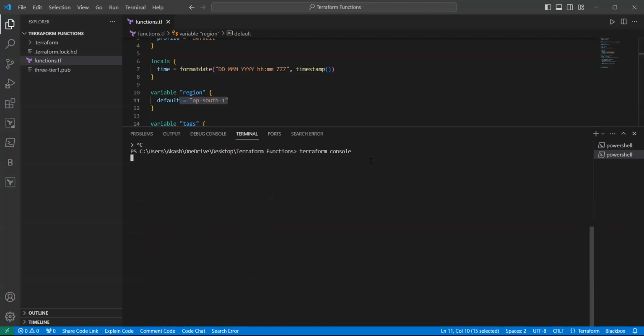Just type here terraform console and paste it. As you can see, the lookup function where a is set to ay, b is set to b, and then a and what. Now if you enter, you can see ay is present. And if you enter, we will just copy this. I will show you another example. Now if you enter,